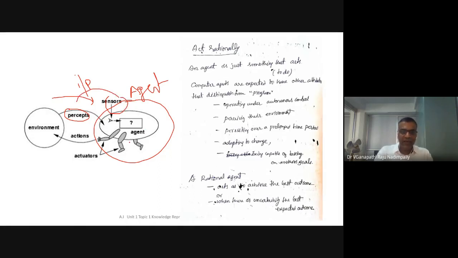Now, the agent will act on the environment using actuators. Whatever actions it performs, there is a state change in the environment. The environment will move from state 1 to state 2. Now, taking inputs from the environment we call percepts, and doing actions on the environment we call actions. Now there is a program which maps